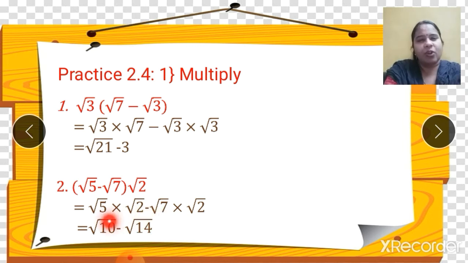No, because they are, yes, they are, see, different numbers. We cannot subtract it. We can subtract it when they are together, like square root of inside that 14 minus 10. Then we can subtract. Like this separately, we cannot. So leave this as the final answer. So it is square root of 10 minus square root of 14. I hope these two sums are clear.